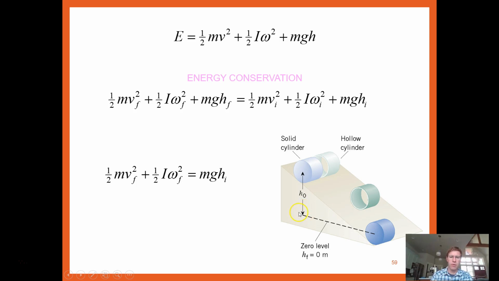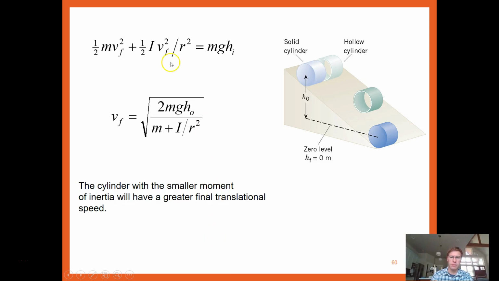Let's take this a step further though. If they're rolling without slipping, guess what? We know that V equals omega times R. So omega equals V over R. So we can make that substitution. Omega equals V over R, and since it's omega squared, you get V squared over R squared. And so you can factor out and solve for V, and what you find is that V final is just the square root of 2 mgh,